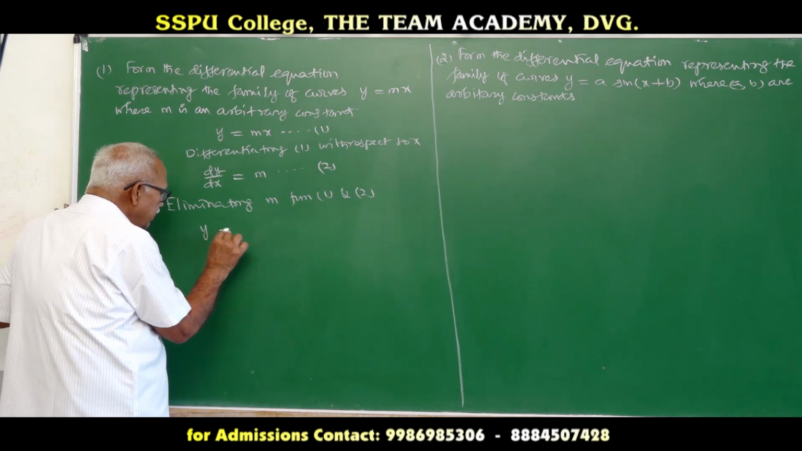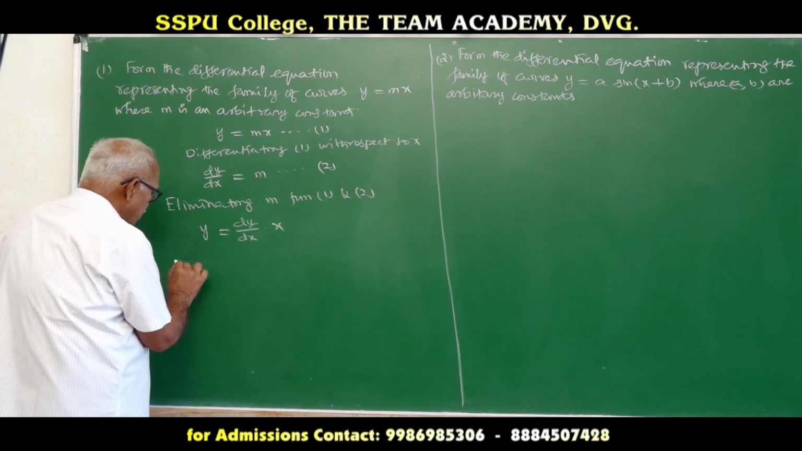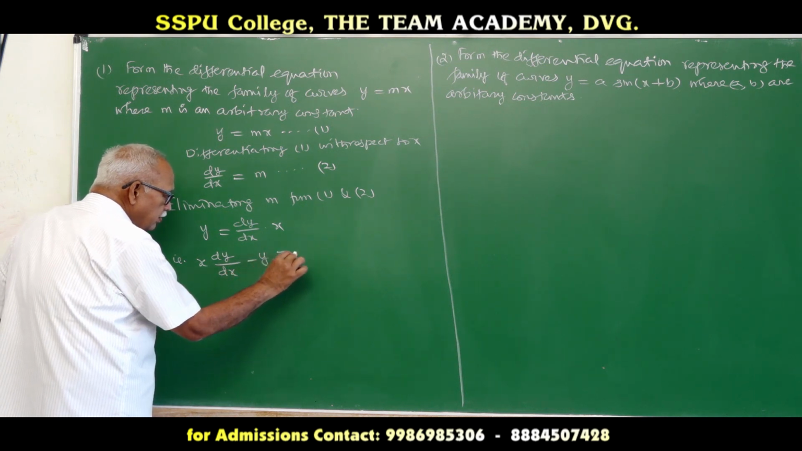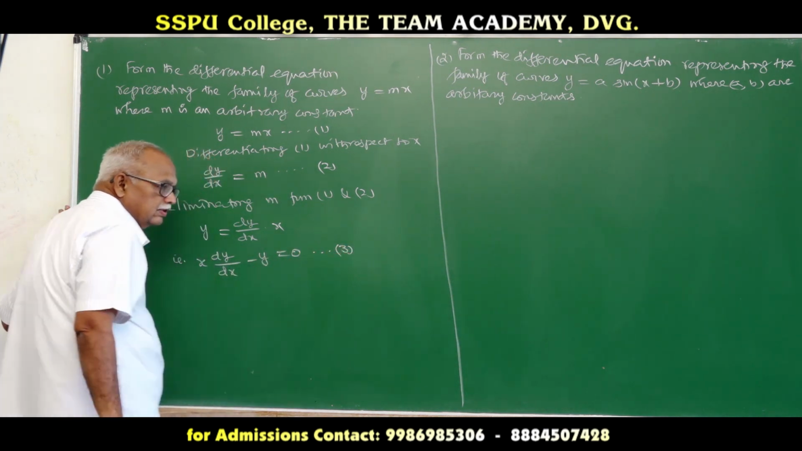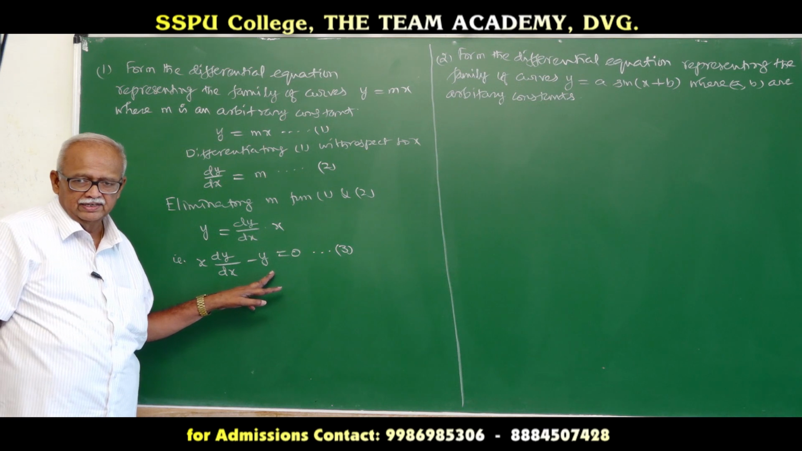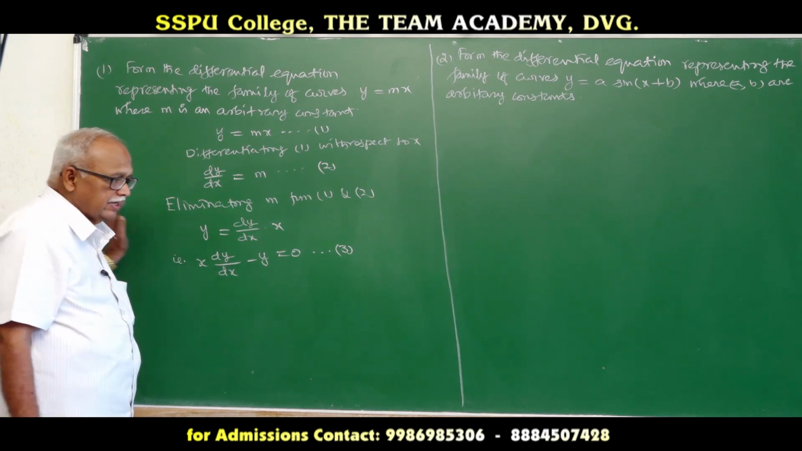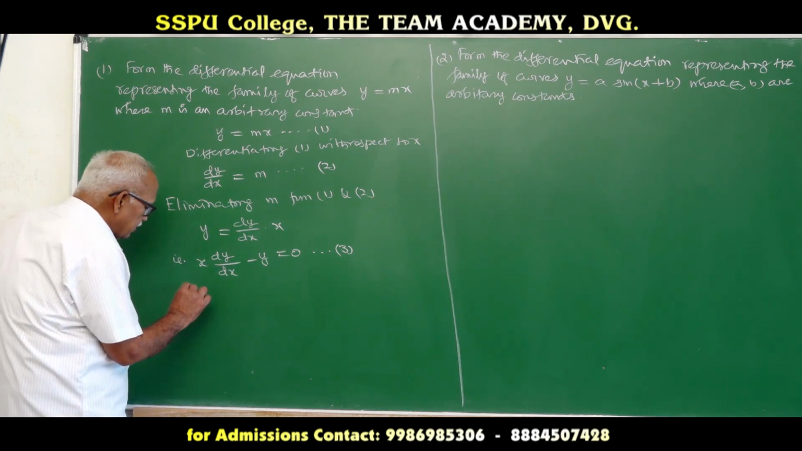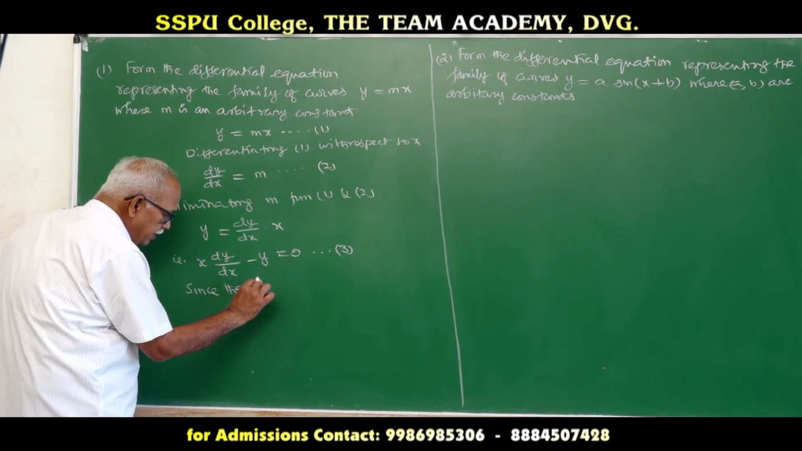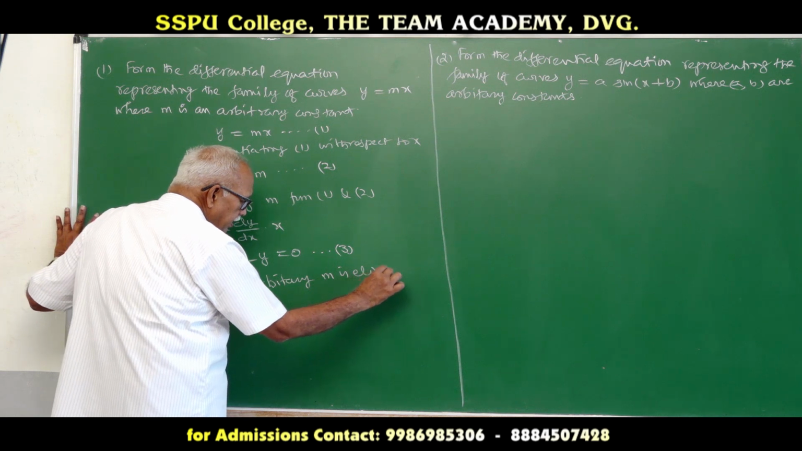What do you get? y is equal to dy by dx into x. So this can be taken as x dy by dx minus y is equal to 0. So this equation does not contain the parameter. It does not have the parameter m. So this is the required differential equation. How do you have to write the answer? Since the arbitrary constant m is eliminated,